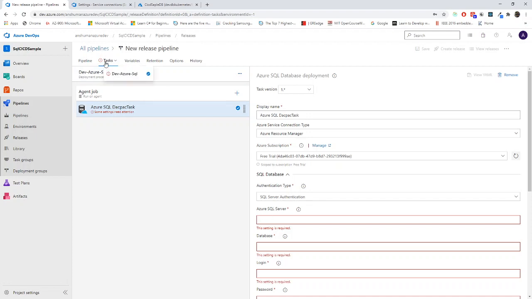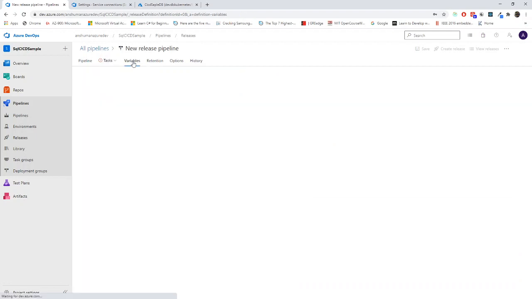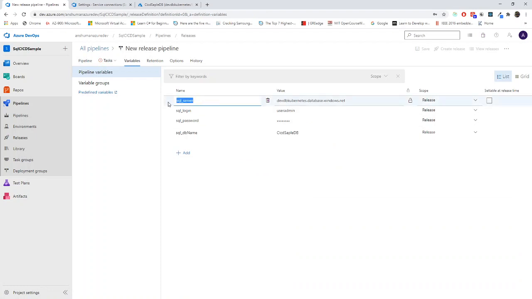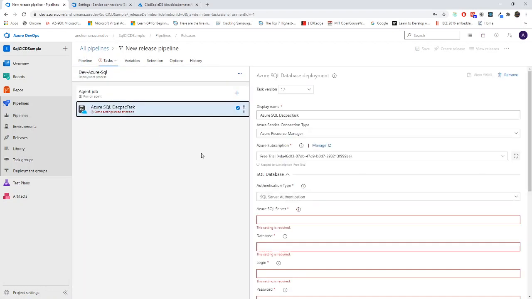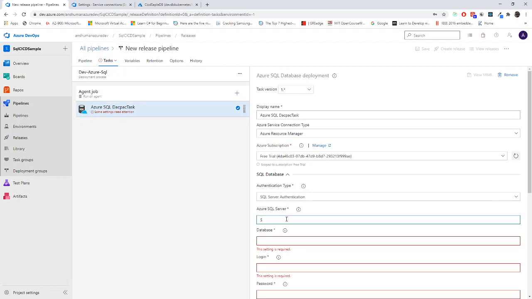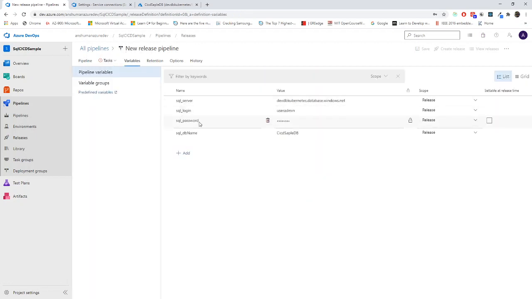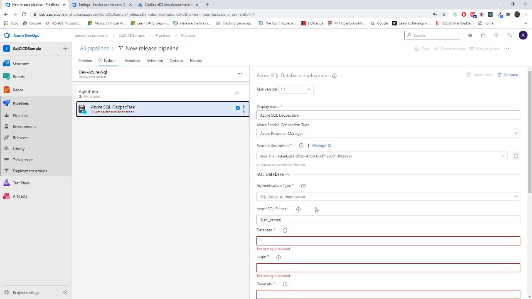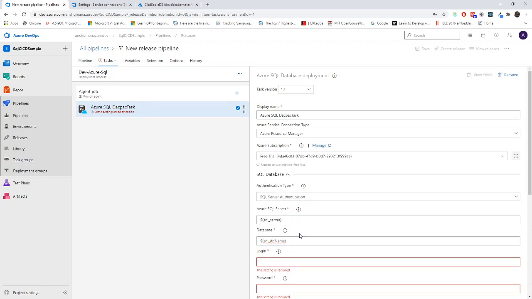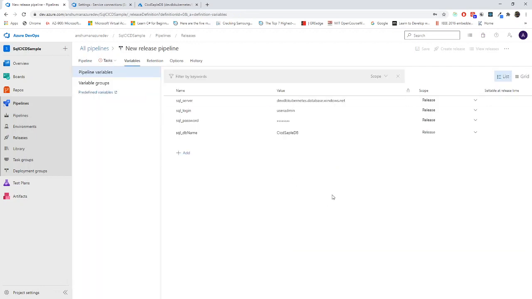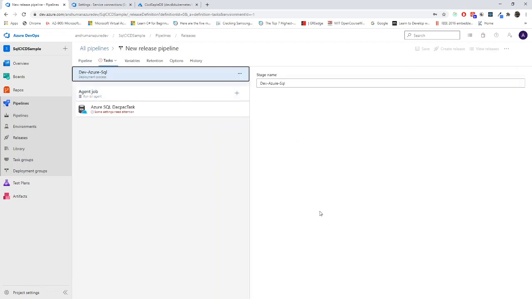I'll collect everything from my variables one by one. This one is SQL Server, dollar SQL Server. Now this one will be my database. These are all very similar. I am putting these names as variables so that if I create another environment later, I'll only change my variables.